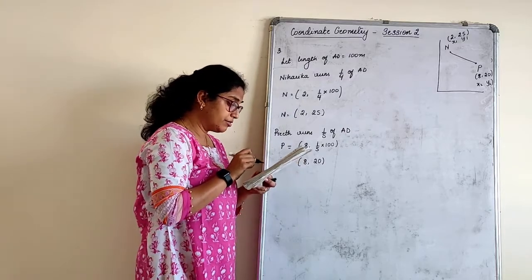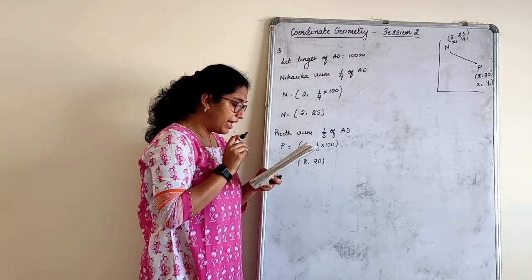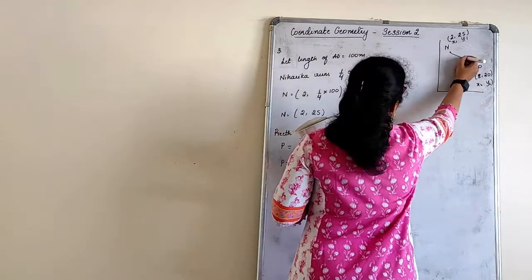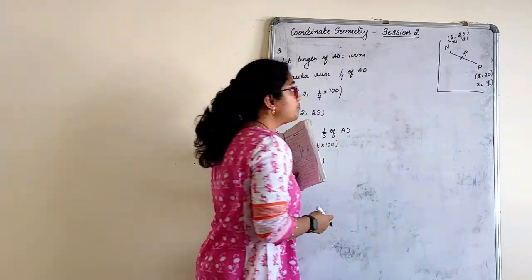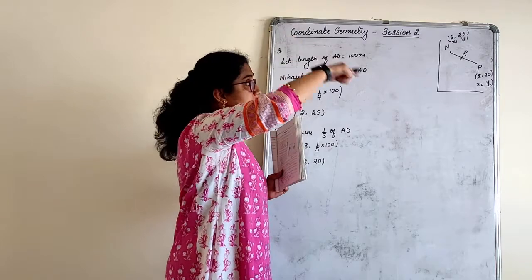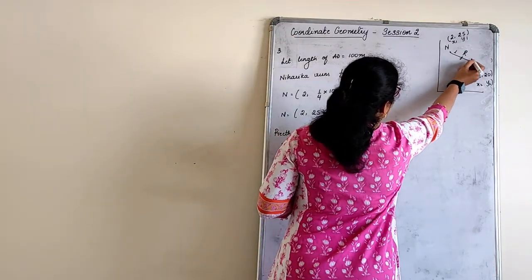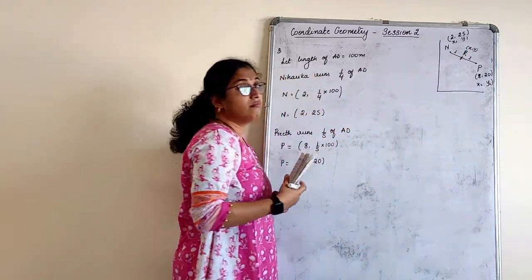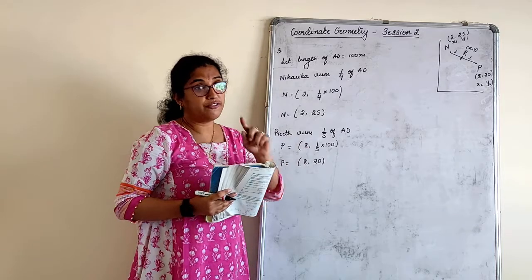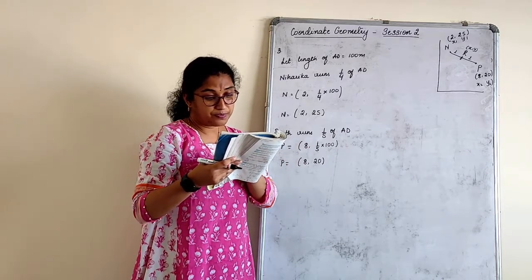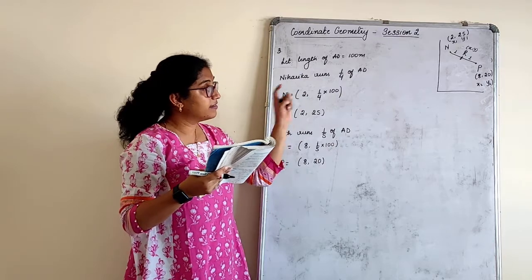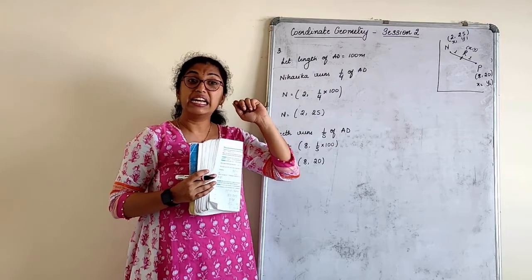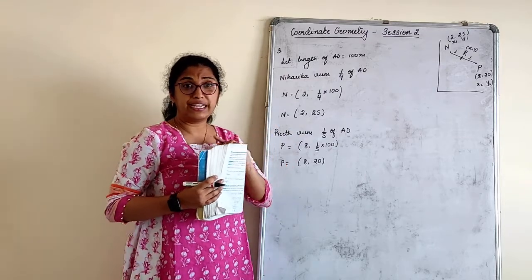Then look at the next point, children. Rashmi has to post a blue flag exactly halfway between the two line segments joining them. Rashmi wants to post a flag in between these two where they are running, dividing in the ratio 1:1. This is xy. At what coordinate does Rashmi have to post the flag? Point number 1. Next: what is the distance between the two flags? What is the distance between Niharika and Preet running when they have posted the flag? Distance formula. Two things we have to find very clearly here.